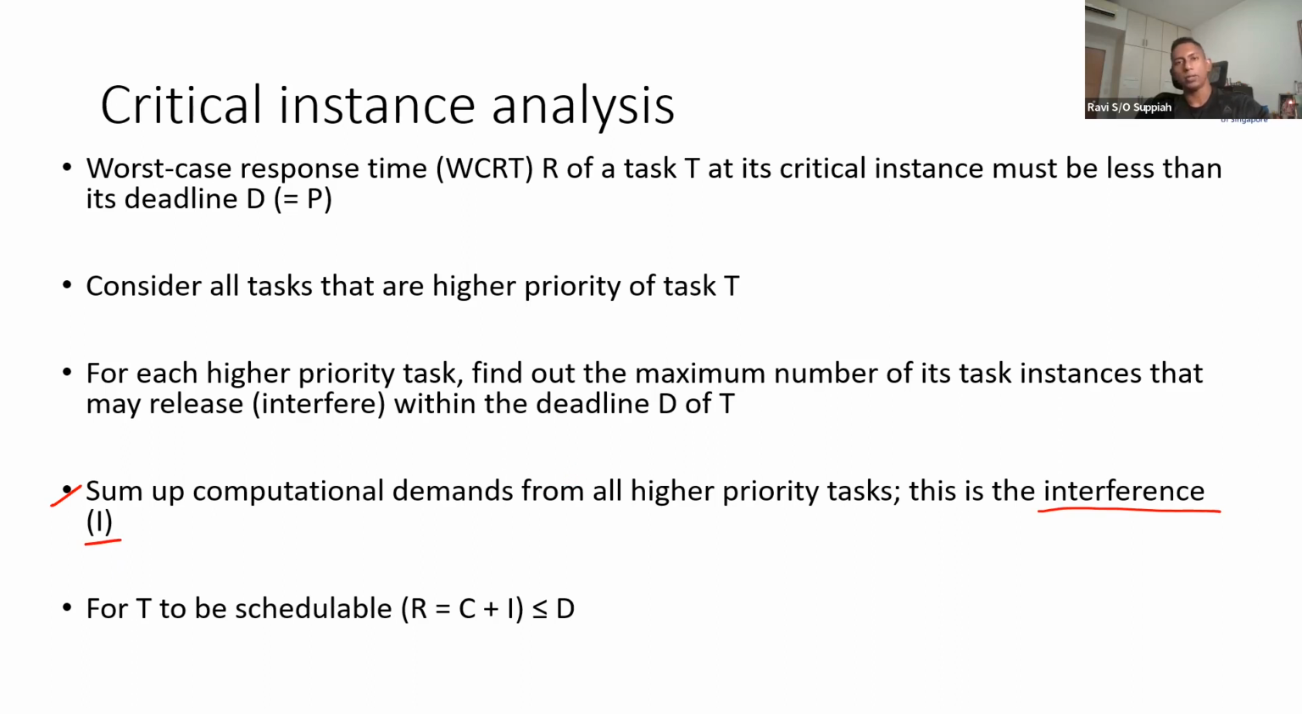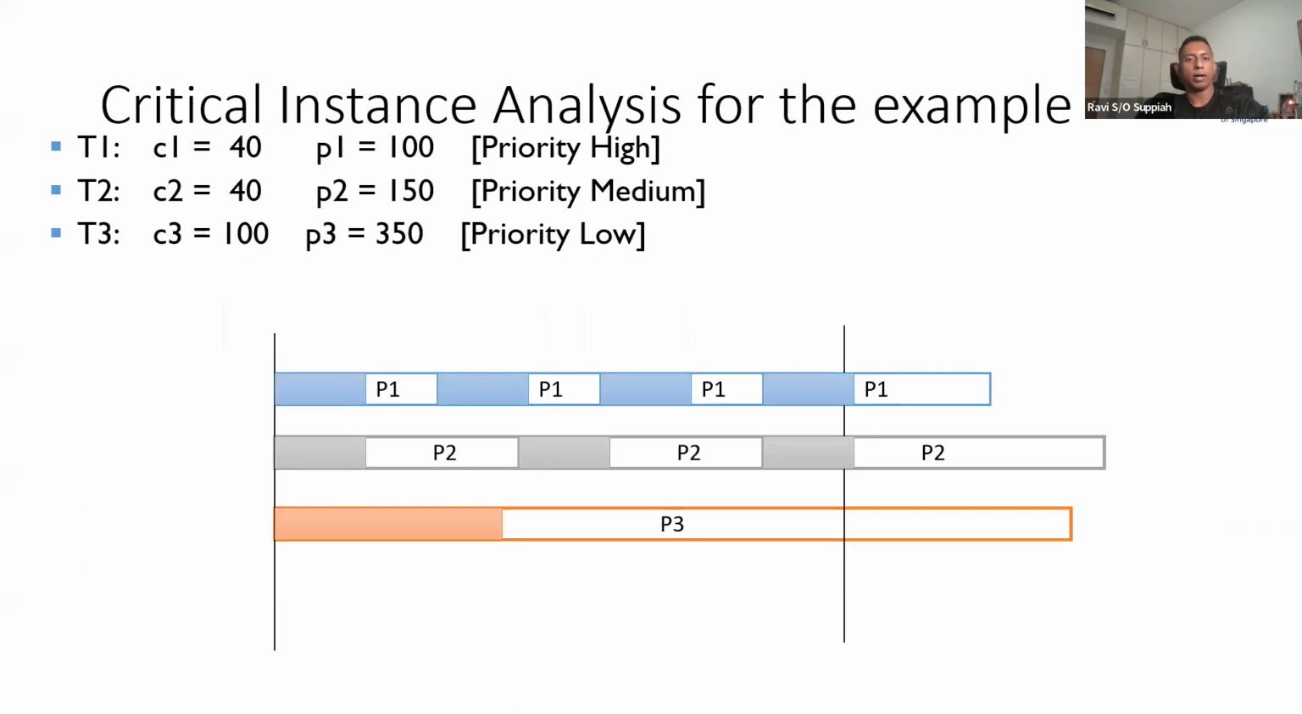Let me show you the example. Instead of going through all of this, I show you the example. I think you can relate to it a lot easier. Now, if I look at this here, what do you see? You see that when all 3 tasks are released at the time t equals 0,